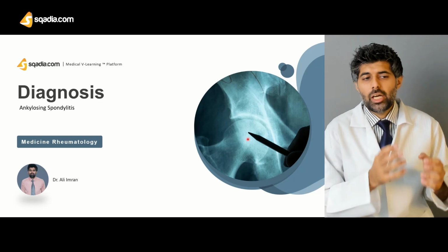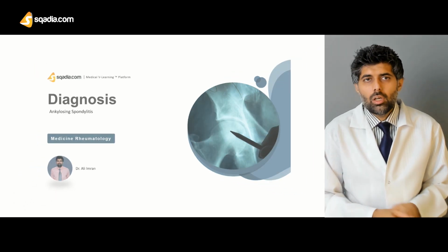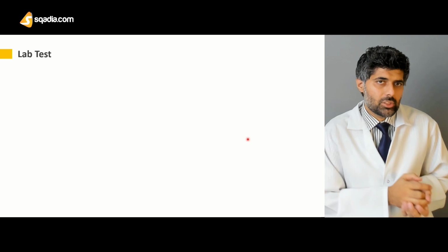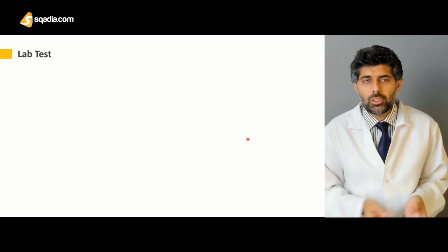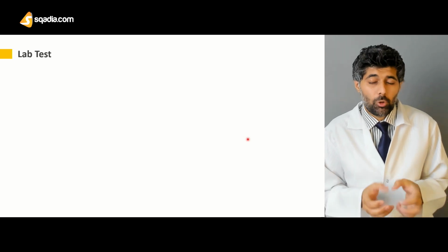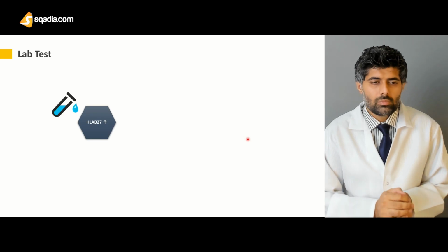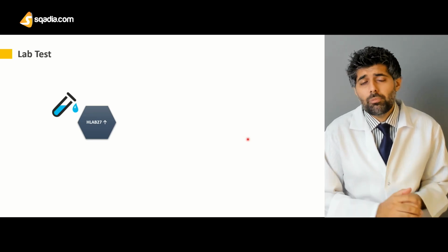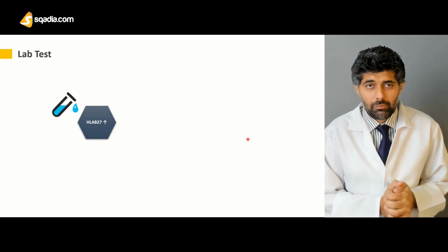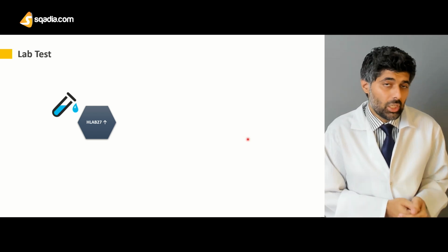Let's talk about diagnosis in ankylosing spondylitis. Now, in order to diagnose ankylosing spondylitis, we have various methodologies. One methodology is via performing laboratory tests. The lab tests which are performed are usually of HLA-B27 because we know that it increases in ankylosing spondylitis and